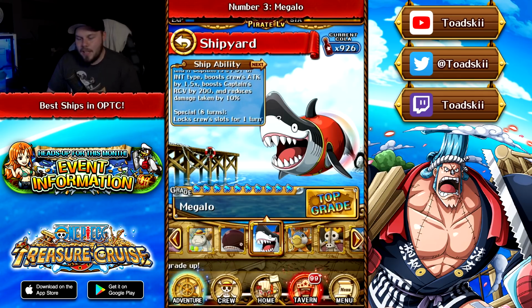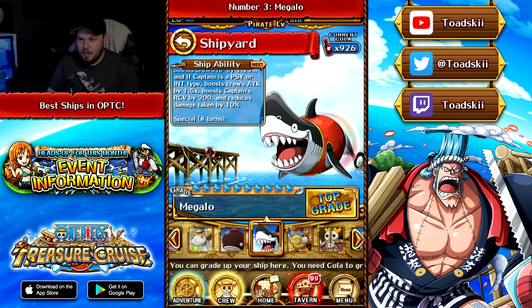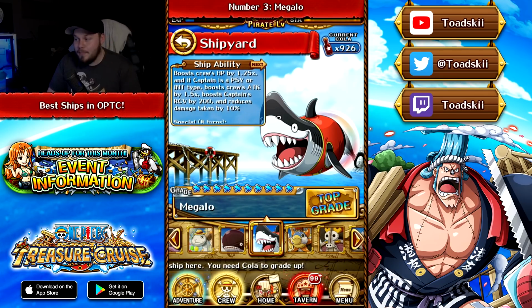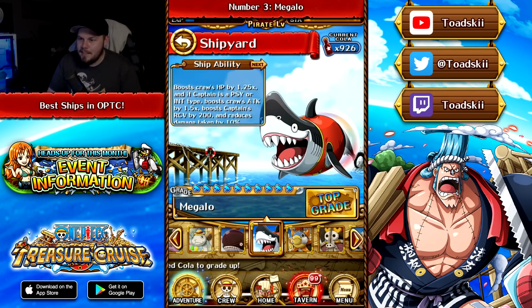And then also gives you 10% damage reduction. So this ship gives you a health boost and damage reduction, and also gives you the 1.5 attack boost. And then, you know, a little bit of recovery there. So defensive wise, this is one of the best ships, and it has a really good special, 8 turn cooldown